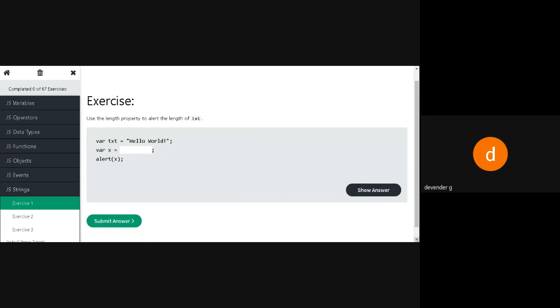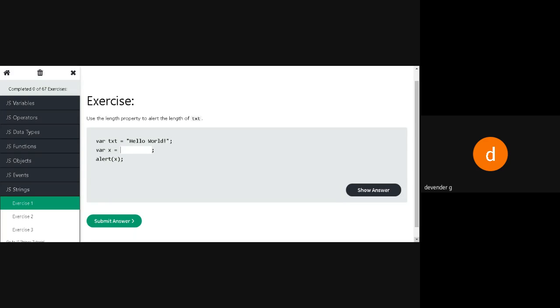So today's topic is exercise on JString. Okay. So the text hello is there, hello world is there. I think this also we have completed. Text dot length we have seen. Anyhow, we'll be covering this one more time. So I want to know the size of the text, and I want to print it on the alert dialog box.